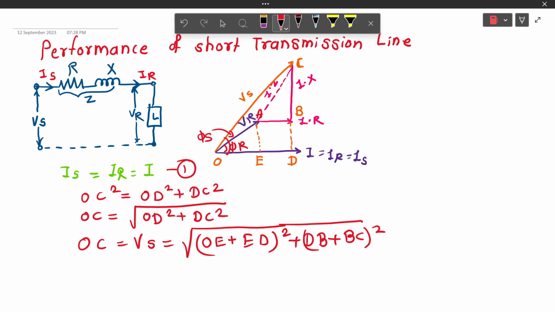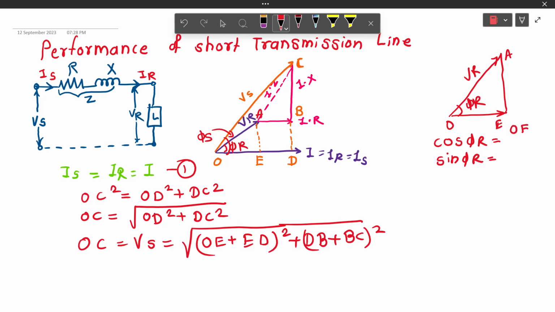Now to determine the value of these parts, let us consider the triangle OEA. This is nothing but VR, this is phi r, and this is I. So cos phi r is equal to OE upon VR. Hence OE can be written as VR cos phi r. So consider OE as VR cos phi r plus ED. ED is nothing but IR, which is a parallel line, bracket square plus